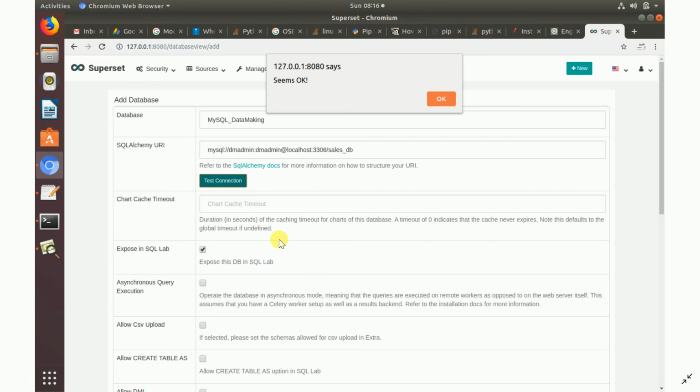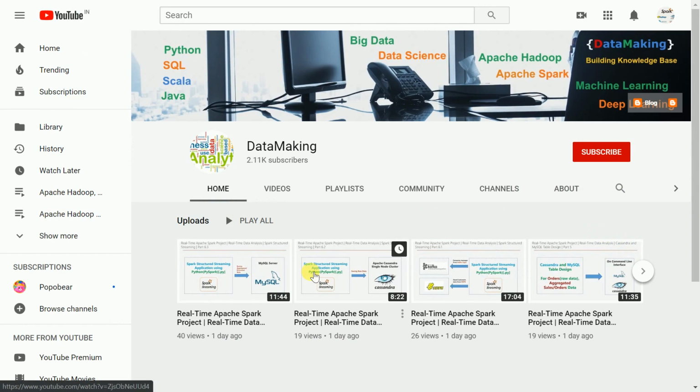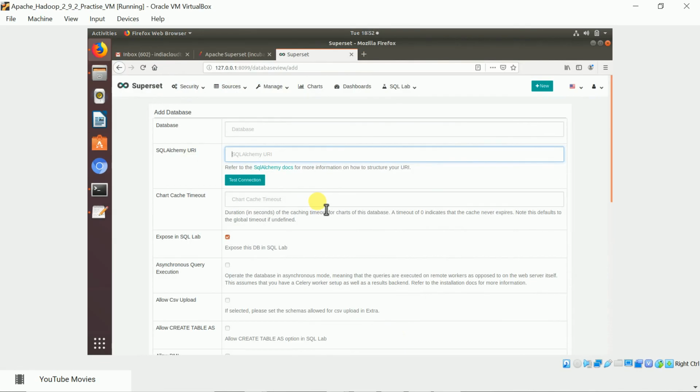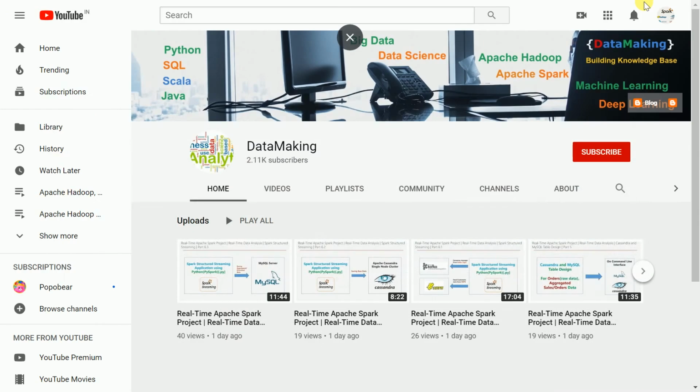Now we'll do the same step in our virtual environment. I'll go back there and give the name, DM MySQL database connection. I'll just create the name like that. I have to provide the JDBC URL here. The MySQL instance is configured in my same VM, so I'll use localhost. The JDBC URL is